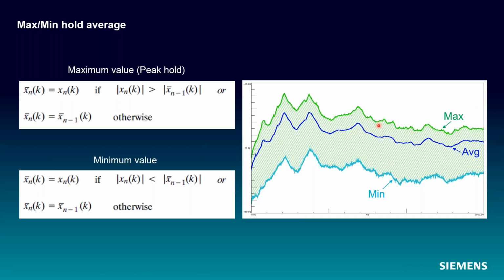But essentially you get this window, right? This is the smallest amplitude seen at every frequency line. This is the largest amplitude seen at every frequency line. Even if this one happened at time 19 and this one happened at time 1, it doesn't really matter. All it cares about is the largest and the smallest. So that's min and max hold. Pretty straightforward, but might be useful for you.